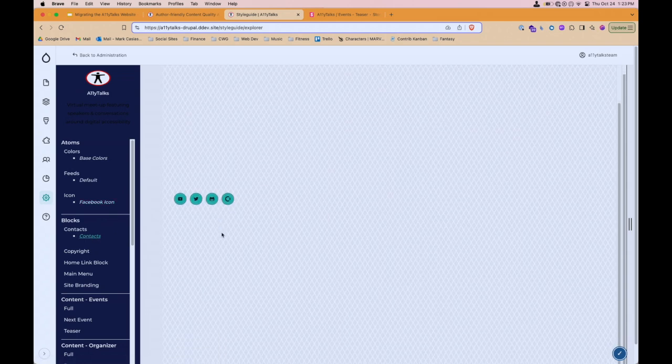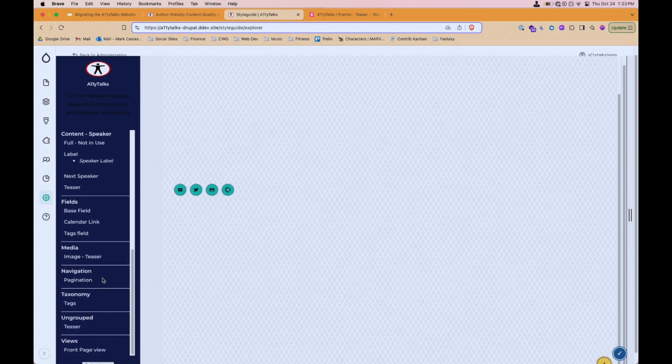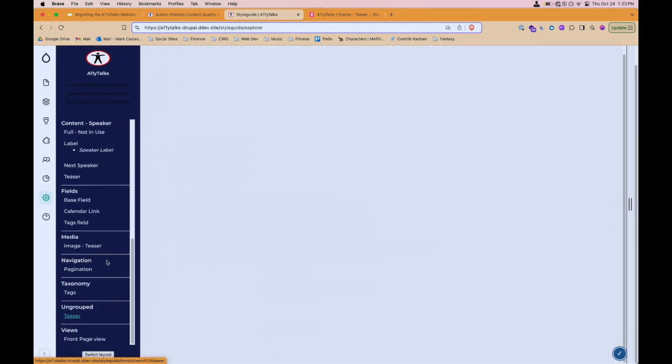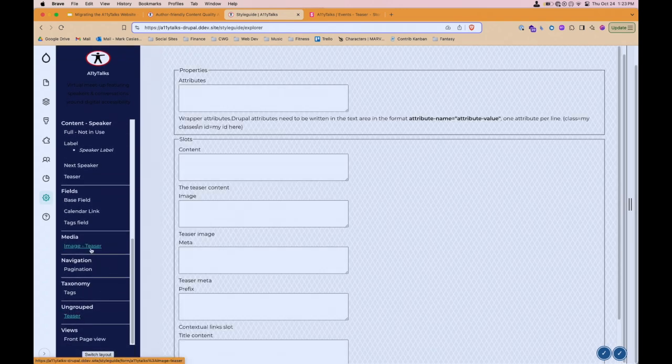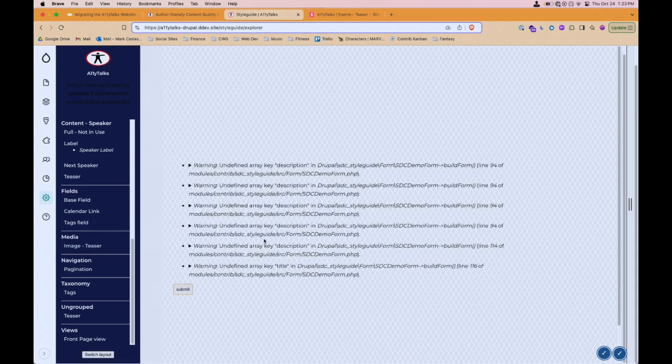It has its own issues, like if you fill out that form and you type in submit, you can't change it and then type it submit again. That's actually a Drupal core issue for some reason. But this is just a brand new release, and he's really working hard to make it more user friendly for everybody. But I do like it, and then you can get a media image, and then you get breaks, things like that.